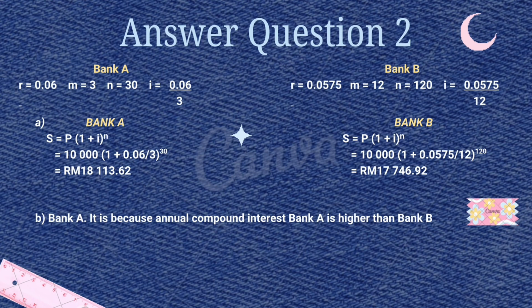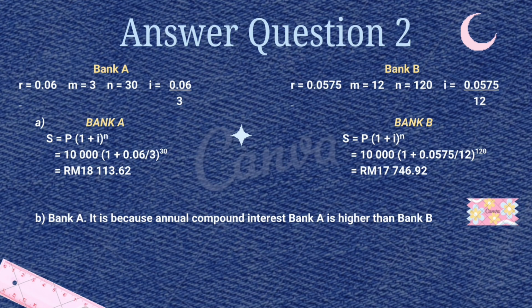To calculate the future value, we use the compound interest formula, S equals P times (1 plus I) power N. After substituting all the values into the formula, the future value for Bank A is